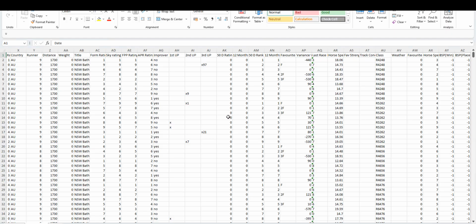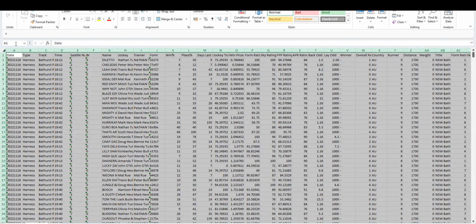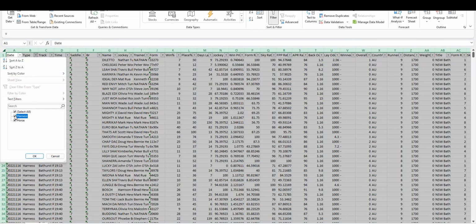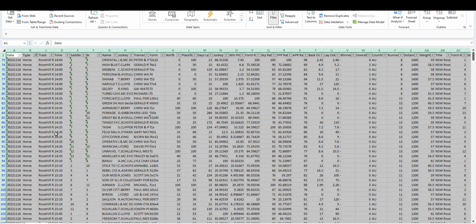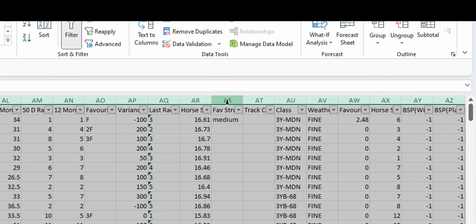Now, where we need to go in here, I'll just do a quick sort. First of all, in our Watch the Gap, I just go into data and filter, and we don't use harness, so we'll just filter harness out. So we'll bring up the horses only, and then if we scroll across to this column here, AS,